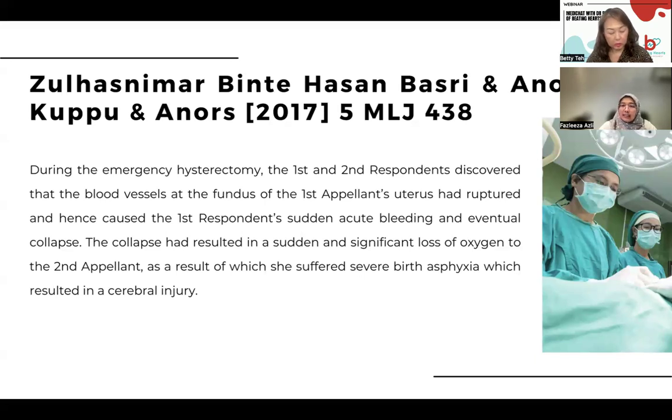The most important thing is that the expert opinion should be able to withstand logical analysis. For example, in this case, as Dr. Bharti has correctly pointed out, there's no way Dr. Kuppu would be aware of the rupture because there's no indication. At 36 weeks, having abdominal pain did not indicate anything. So that's where the court is guided by the expert opinion. So the Bolam test is actually equivalent to expert opinion. In short, that would be the explanation.